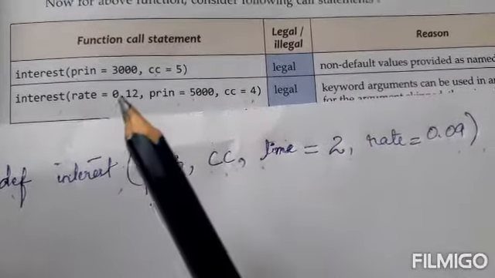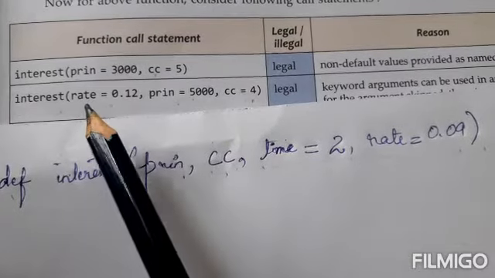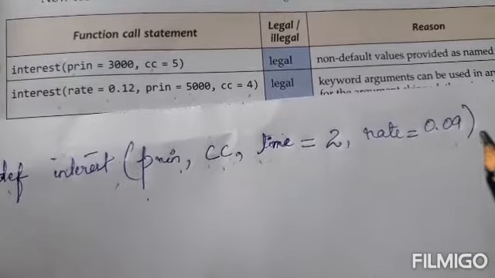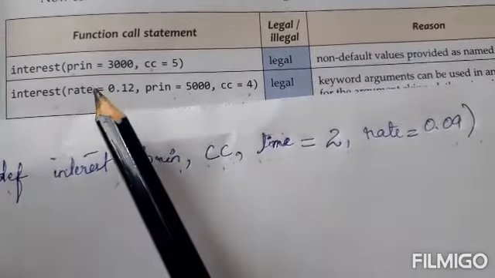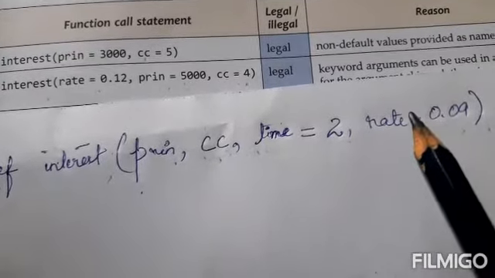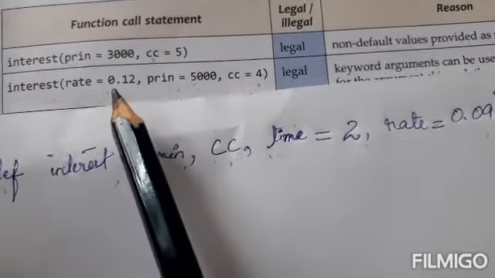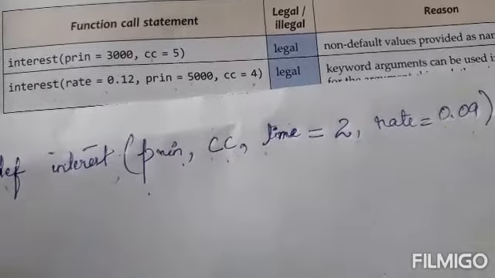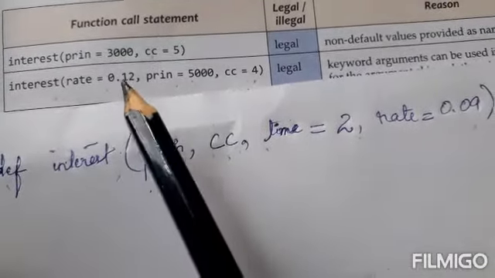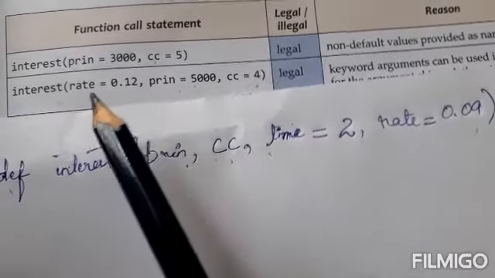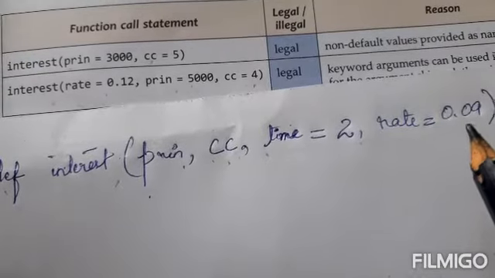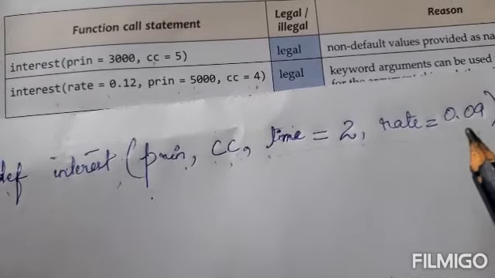In this case, see what happens if rate is passed from here like 0.12, and here we already have a rate 0.09. Since we are passing the value from the function call to the function definition, this rate value will be equal to 0.12. So this 0.09 will be overwritten by 0.12. Please remember that. You're passing this, so this actual value will overwrite here. Fine, and your formal parameter will be 0.12.